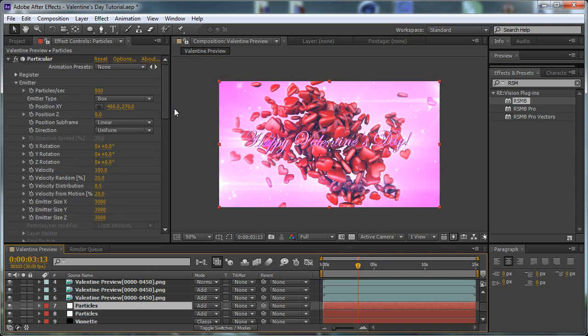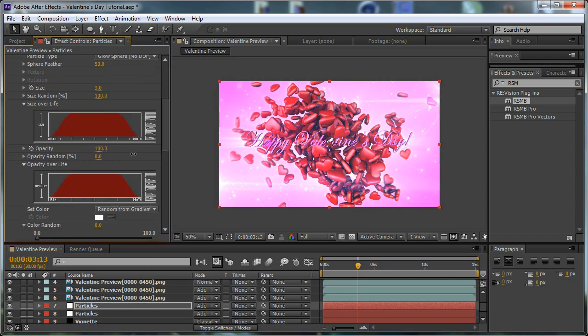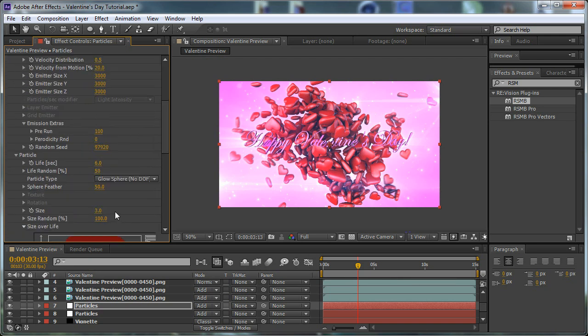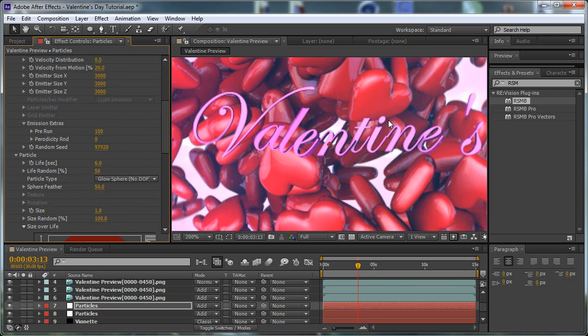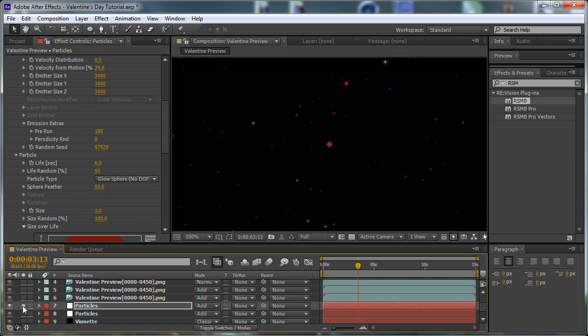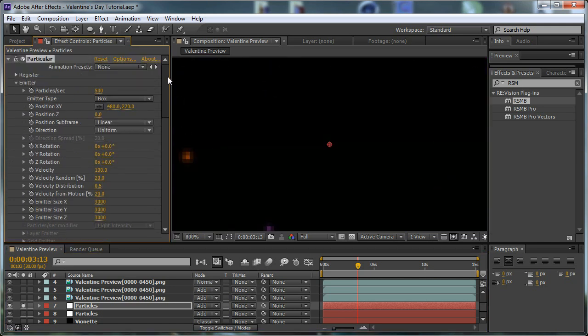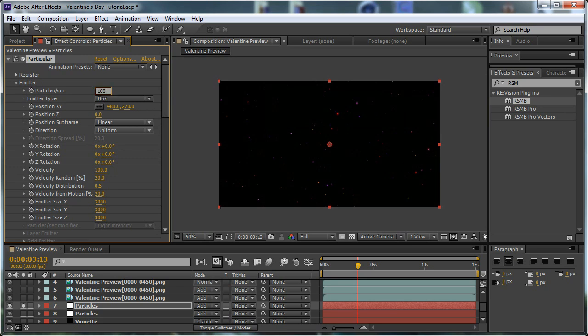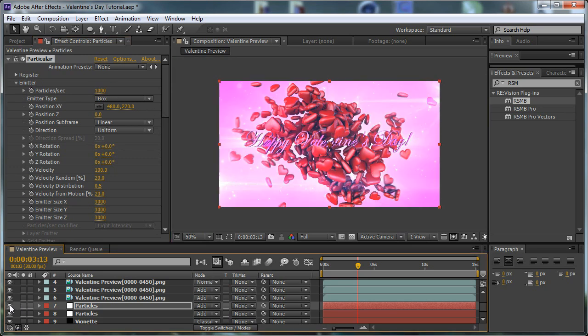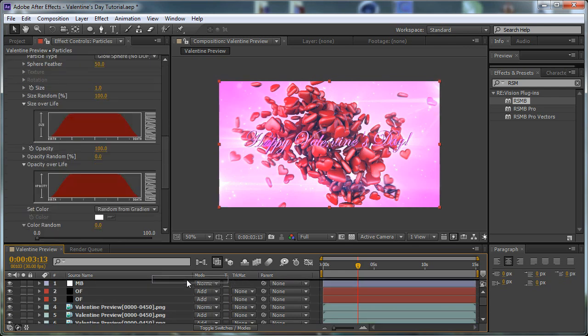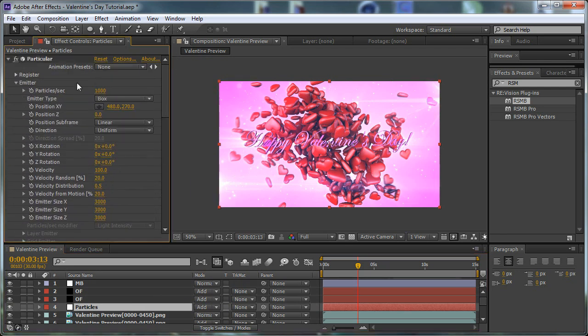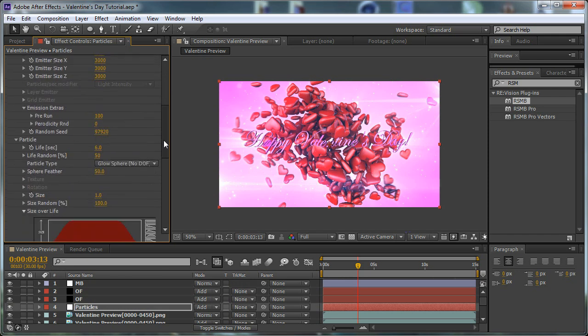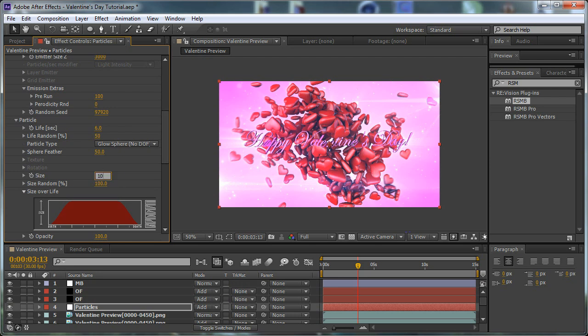Let's duplicate the layer, change the random seed for the particles, and decrease the size to 1 because we want some pretty small particles, and probably increase the number to 1000, and you can see that this adds a bit of detail. Let's duplicate the layer and put it in front of our render, and let's set the number of particles to 200, and let's set the size to 10,